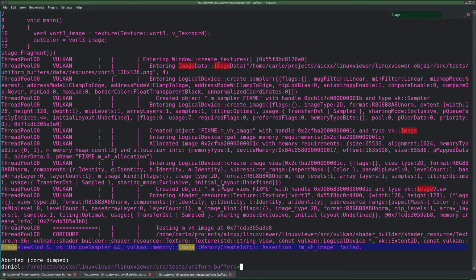So I start at the creation. Let's say we'll just start at this point, okay? Window create textures, and then see, it's just a page of debug output, going from here to this assert. And you would think, well, I'll just step through the code and then I see what happens, but that's not how it works. I hope I'm wrong, but